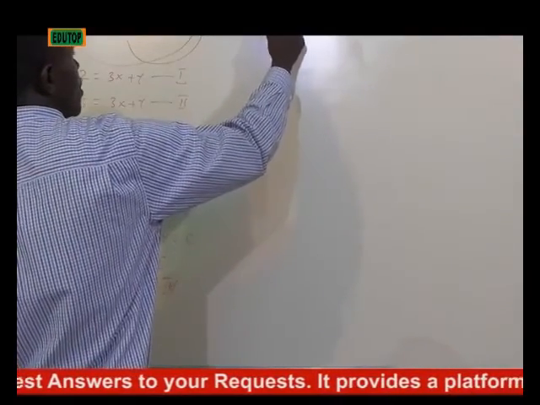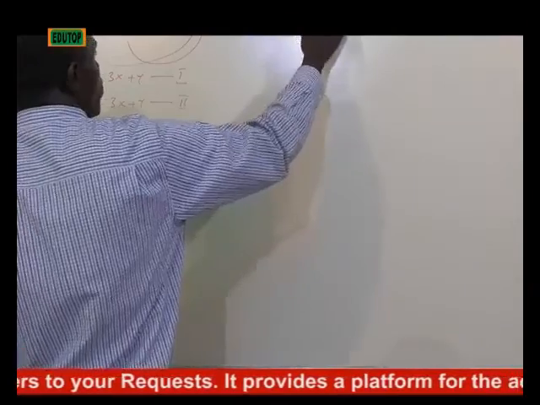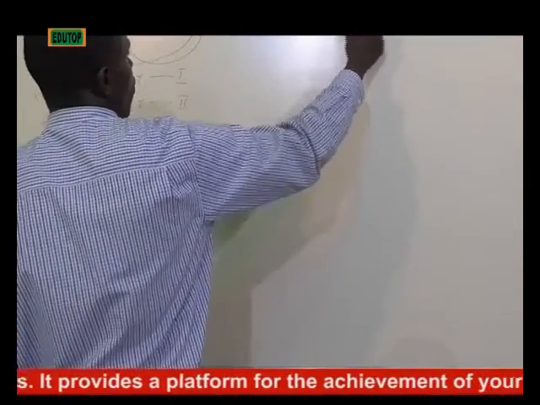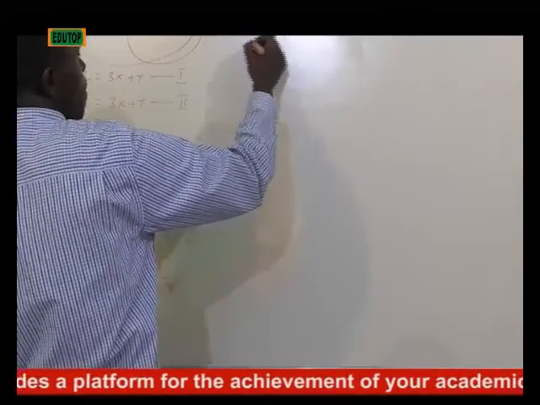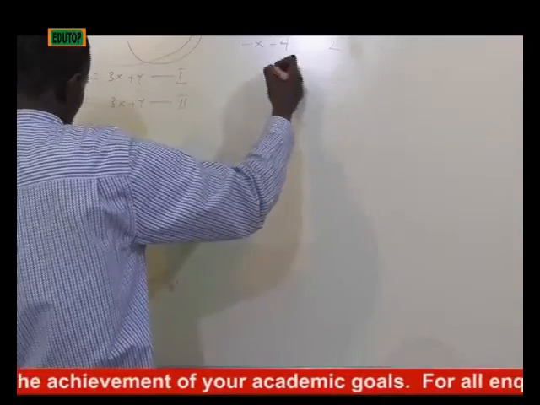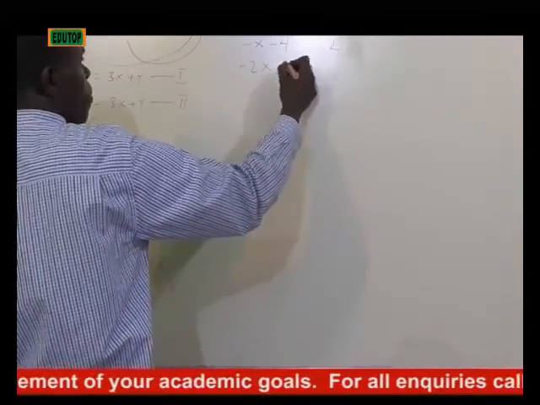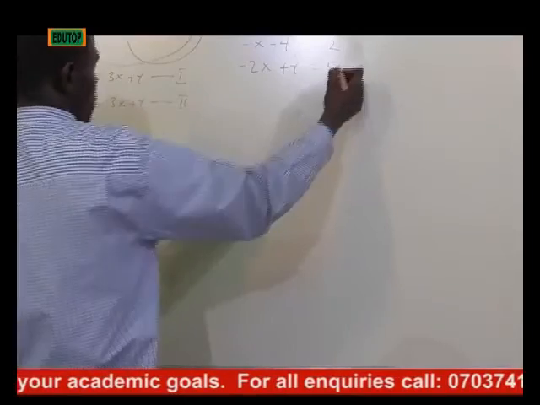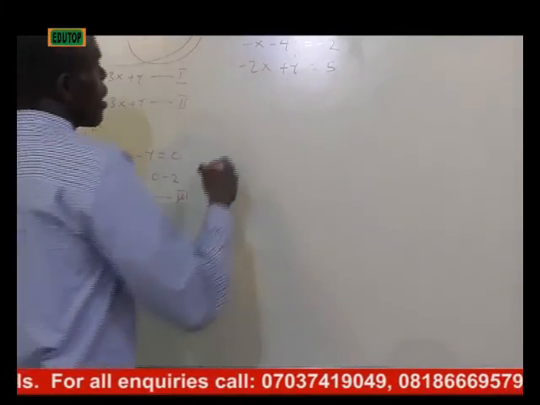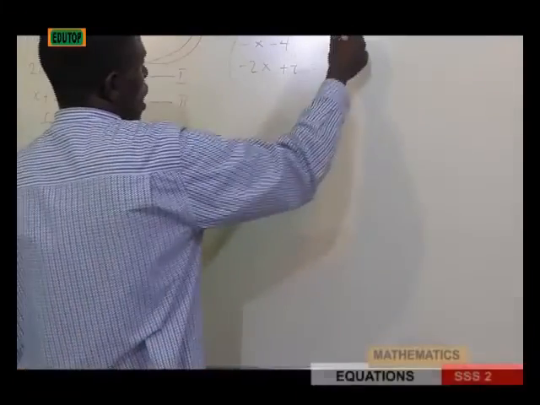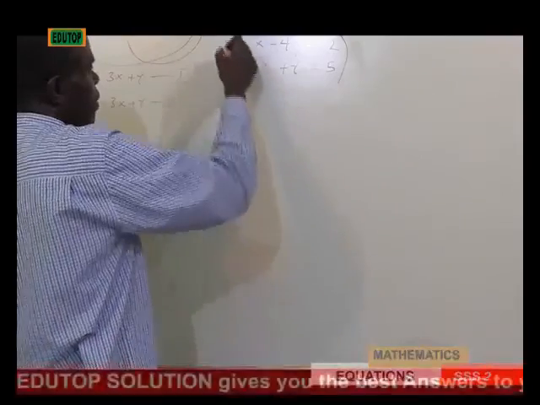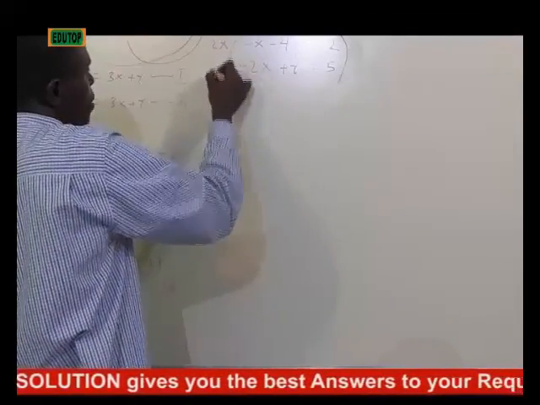Now, combining equation 3 and equation 4. So we have minus x minus 4y equals to minus 2. Then we have minus 2x plus y equals to 5. These are the two equations that we have. Here, I want to eliminate x first. And by eliminating x first, I multiply this by 2, I multiply this by 1. Then this one